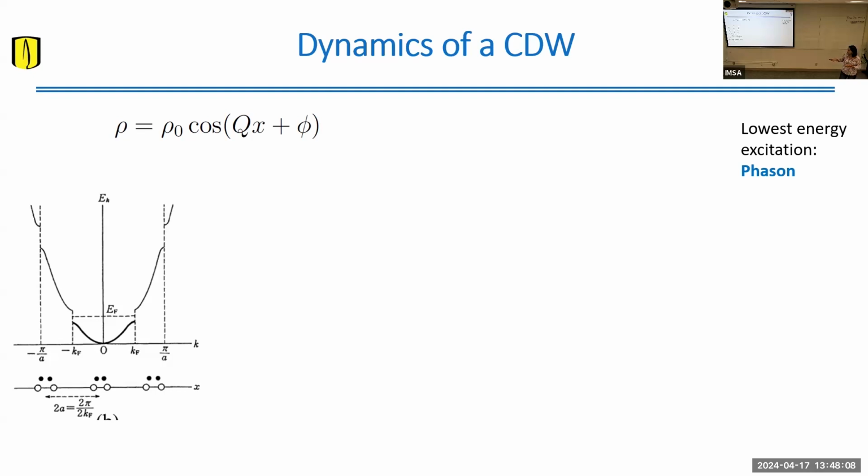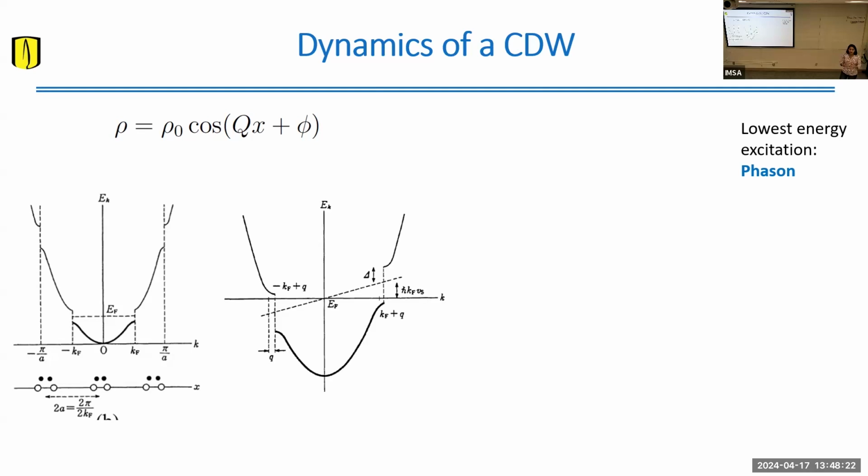So you have your charge density wave that opens a gap, and for this charge density wave, which in principle is a rigid charge density wave, you can take pictures of it with an STM, which looks very nice. But you can actually displace this charge density wave rigidly. If you put an electric voltage in your material, and if your charge density wave is not pinned by impurities or other effects, you can actually transport this charge density wave rigidly. And the lowest energy excitation for this charge density wave is called a phason.